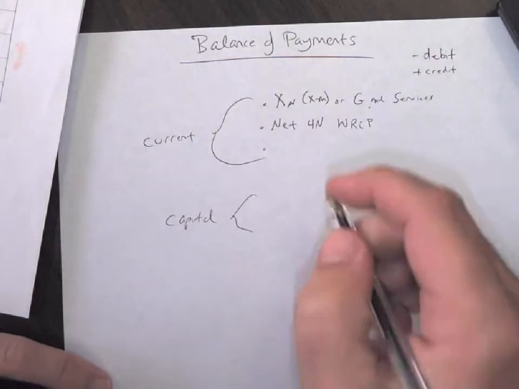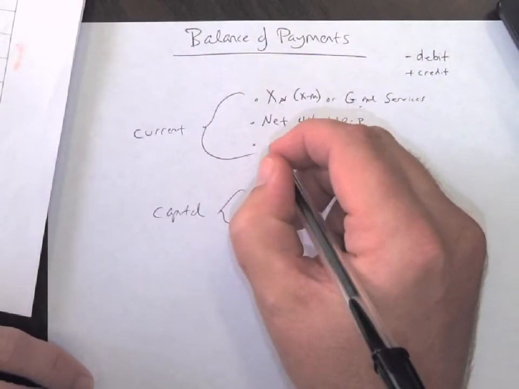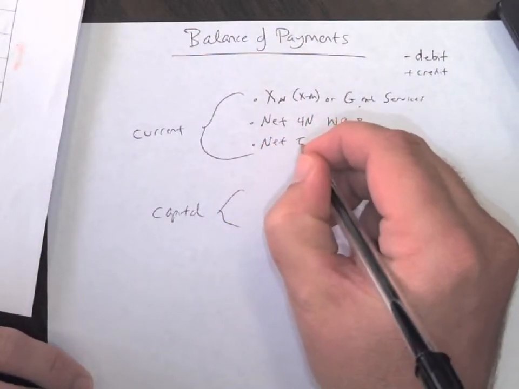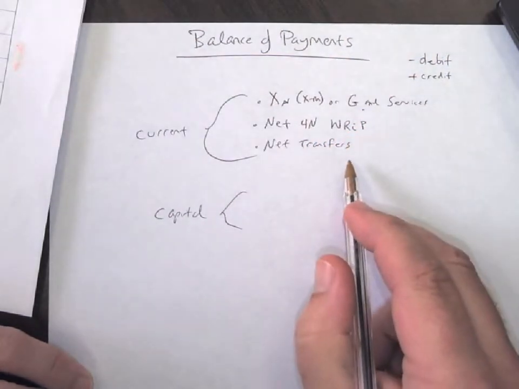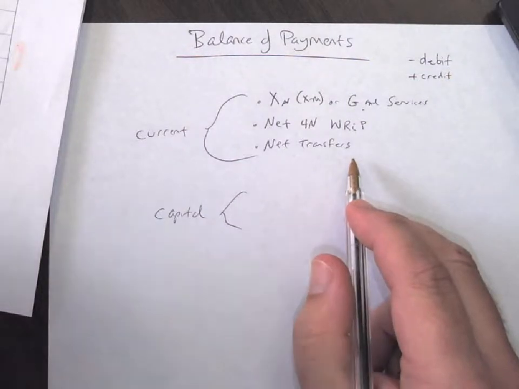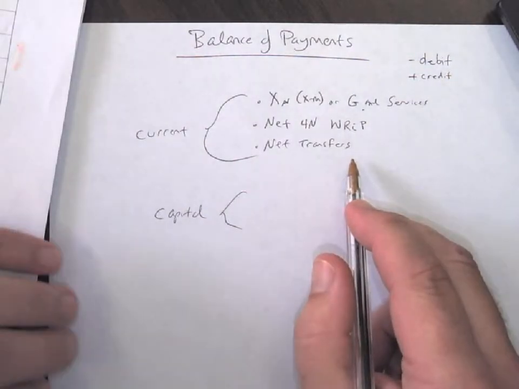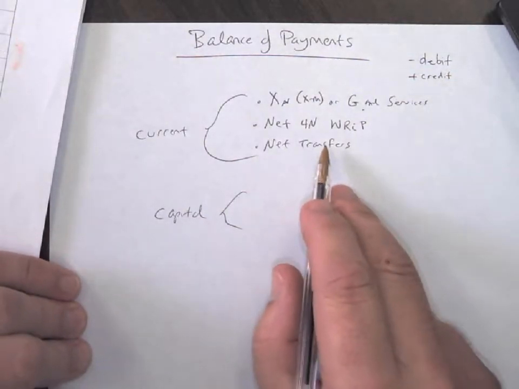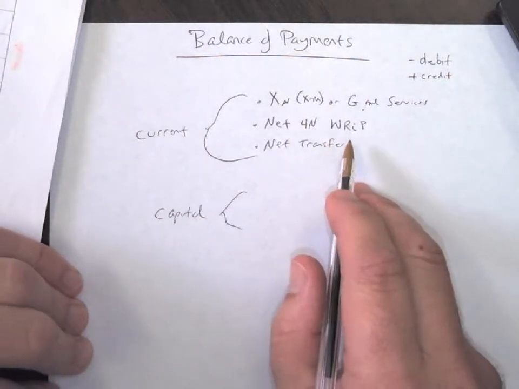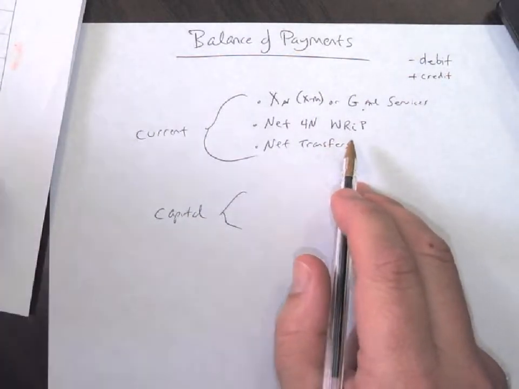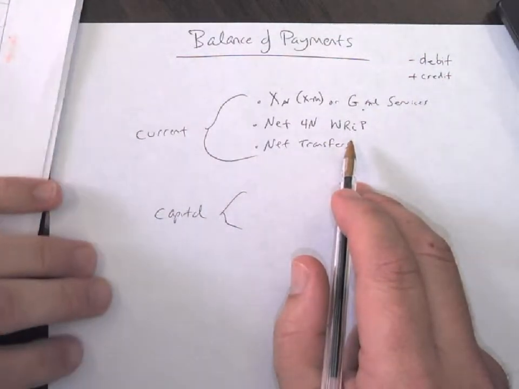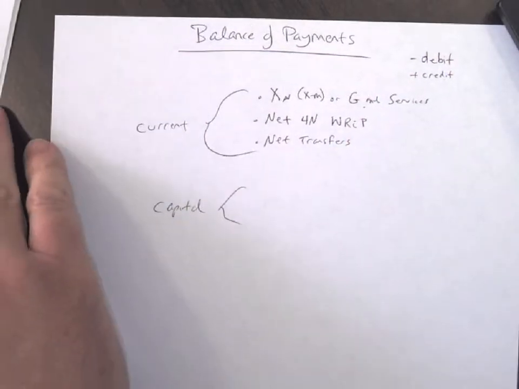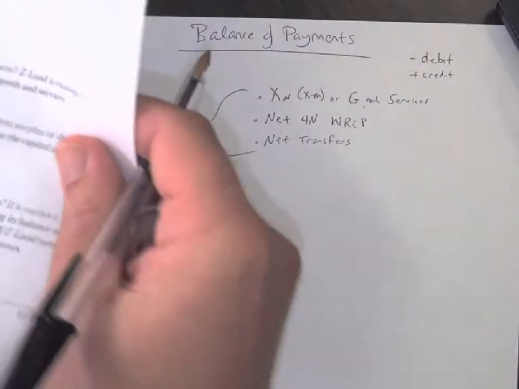Our third item is going to be net transfers. Transfer payments are things like Social Security, foreign aid, Medicare, Medicaid, disability, things like that. If we make transfer payments, we are simply transferring the money and not actually purchasing anything. So when we have transfer payments, what we get are the sum of all those transfers of money. What we'd like to do first is add up our current account. So now if we head over to